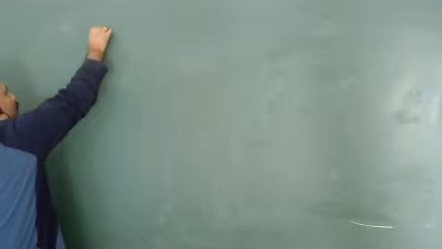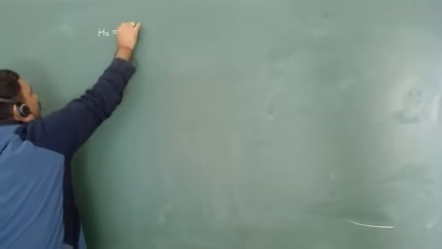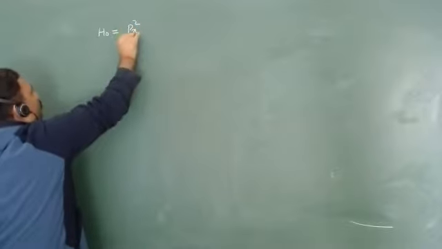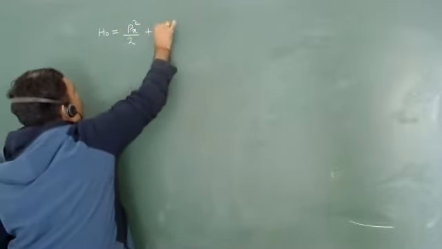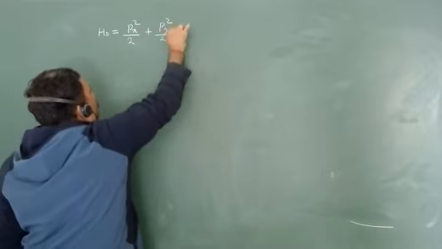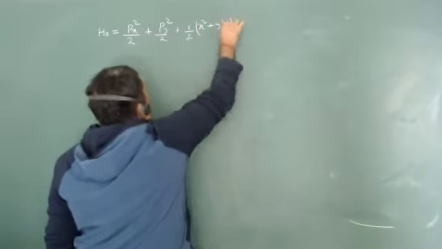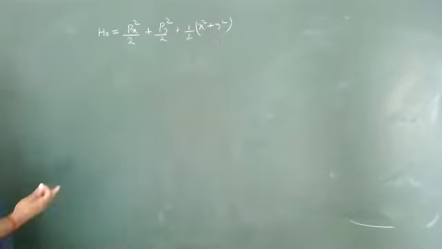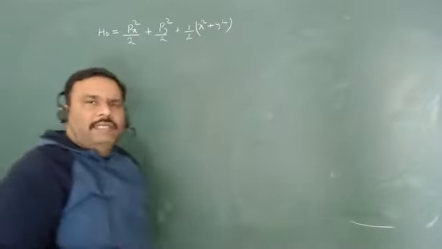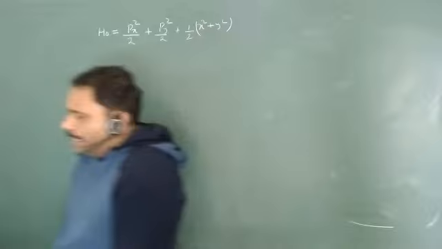Okay, so let us go for the next problem. I have removed all the parameters so that we can do the calculation clearly. This is my H naught, which is px square upon 2 plus py square upon 2 plus half x square plus y square. This is nothing but a harmonic oscillator with m equal to 1 and omega equal to 1. And the first excited state is given by, obviously, what will be the first excited state?